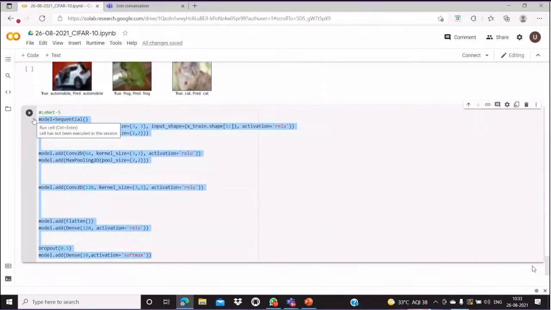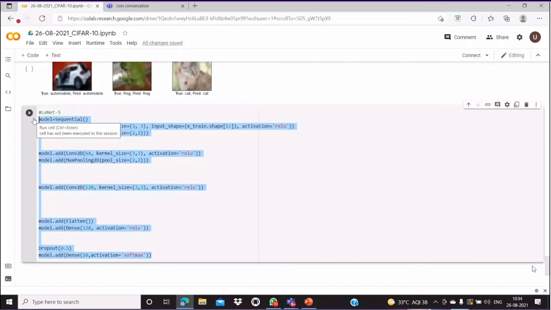What are the pre-trained models? We have ResNet, Inception, VGG. That code is available on the net, on Google Colab, or on GitHub, and you can upload that file to your folders while you are running. Afterwards you can train it, change the input, use a different dataset or different models.